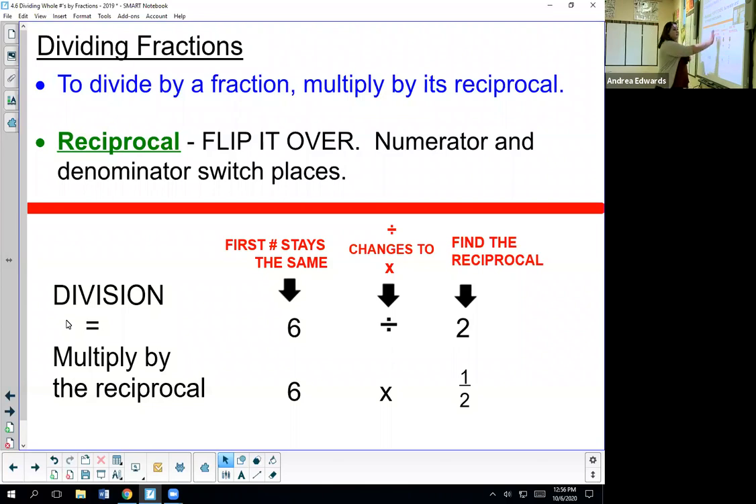So if you look at this example lower here, you should see that division is really multiplying by the reciprocal when we're dealing with fractions. So you keep the first fraction or first number the same. It never is going to change. It's going to be 6. Never flip it. And then you're going to change your division into multiplication because we know just from that last